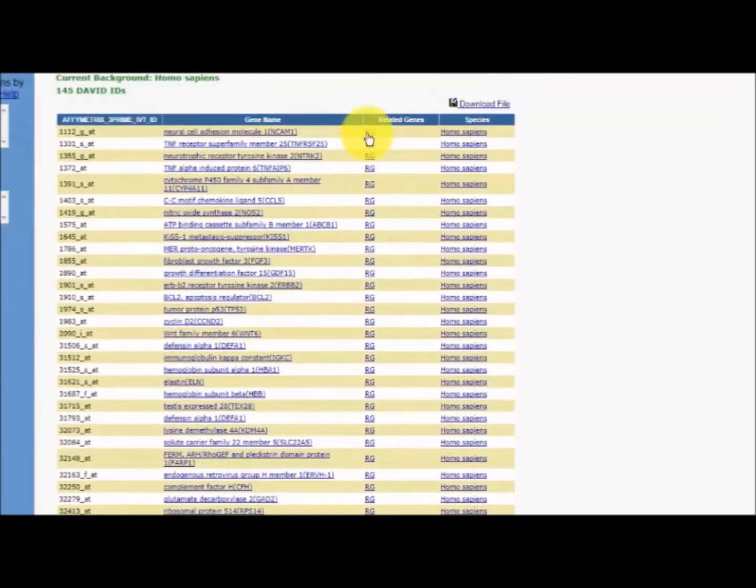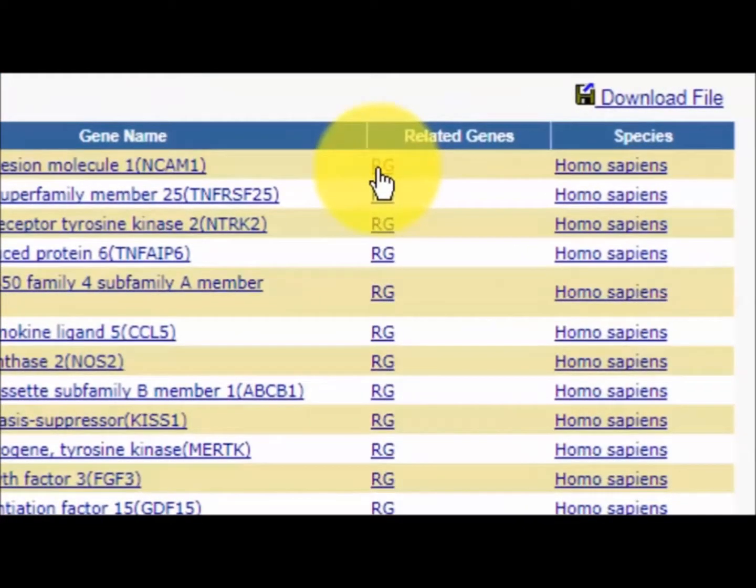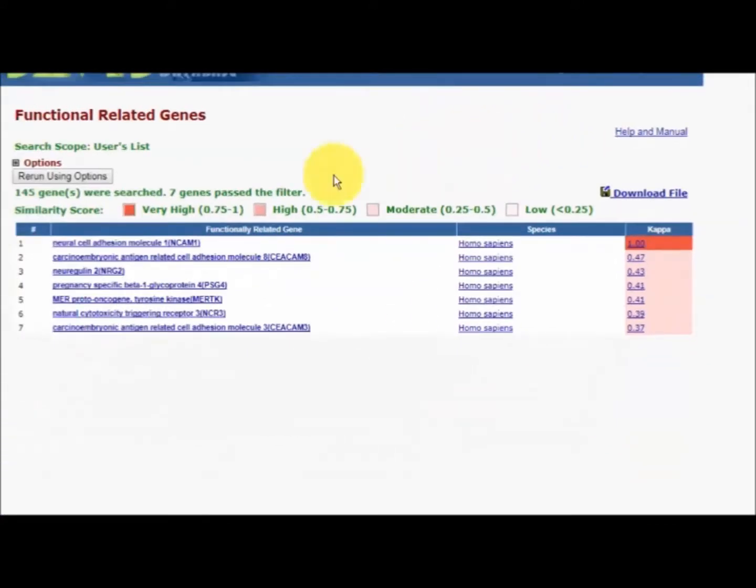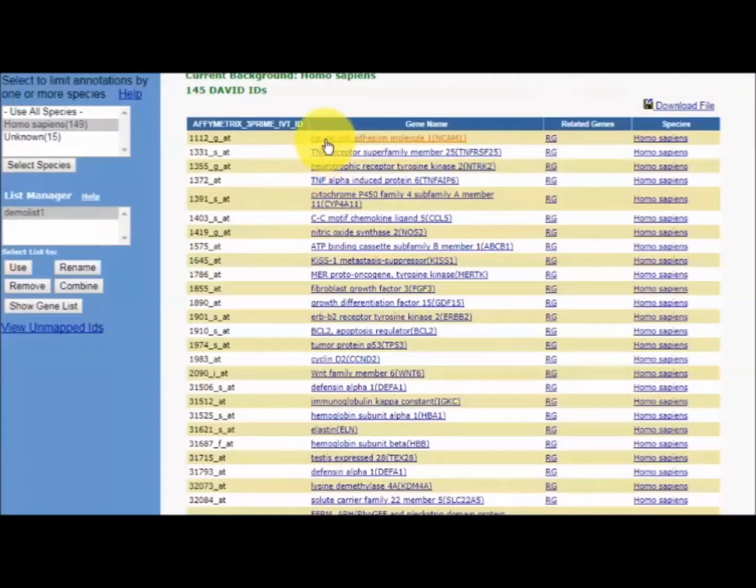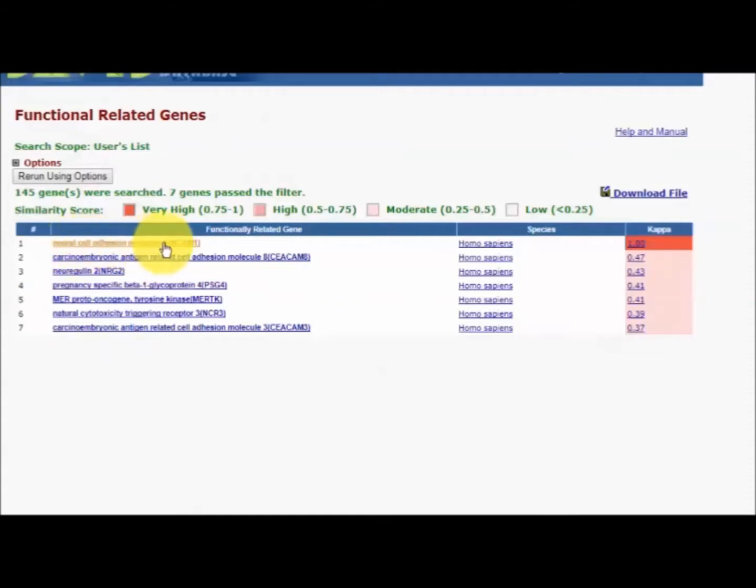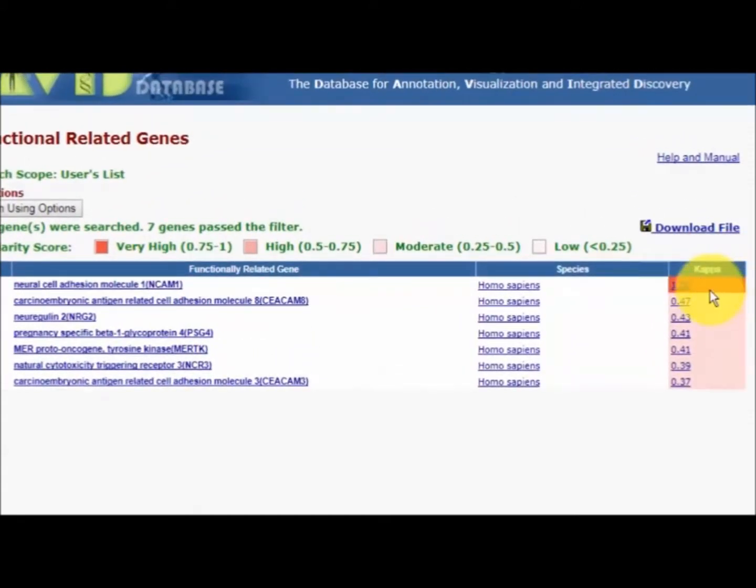And you see here, you can click on related genes. Immediately, based on your experimental results, it knows exactly what those genes are. It tells you what that species is. So let's click on related genes. For example, for the gene of interest, the neural cell adhesion molecule 1, NCAM1, we clicked on related genes, and immediately you got the original one, which is a kappa, and kappa looks like some sort of a similarity